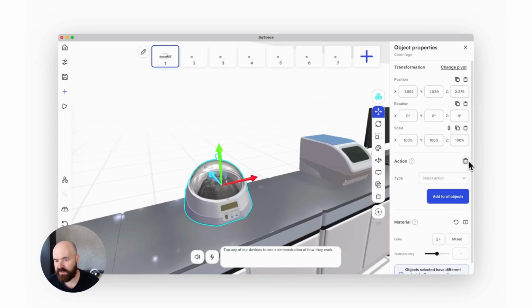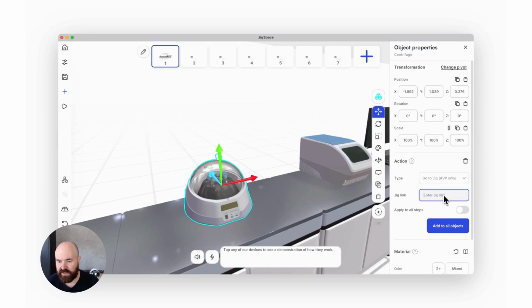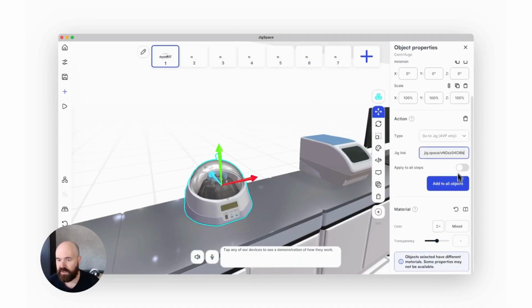Now the actions you can add are going to another step within this presentation, going to a URL, and this new one is Go to Jig on Vision Pro. If you select that, you then just need to enter a jig link. I'm going to paste in the link that I've just copied from the previous jig I was in, and then I'm going to hit Add to All Objects,